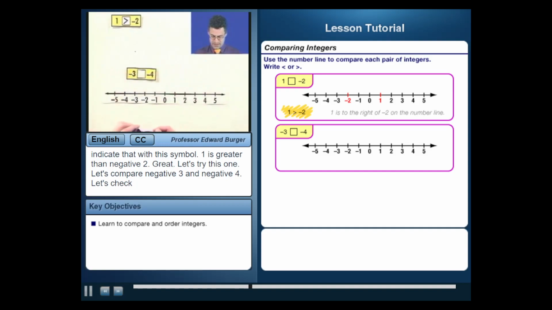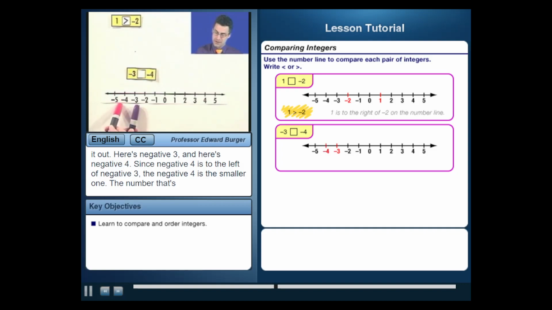Let's try this one. Let's compare -3 and -4. So let's check it out. Here's -3, and here's -4. Since -4 is to the left of -3, then -4 is the smaller one. The number that's the most left is the smallest. So therefore, I see that -3 is larger than -4. So I'd write this as -3